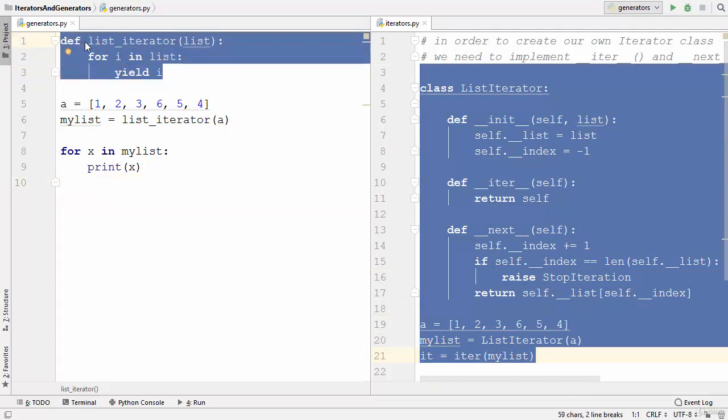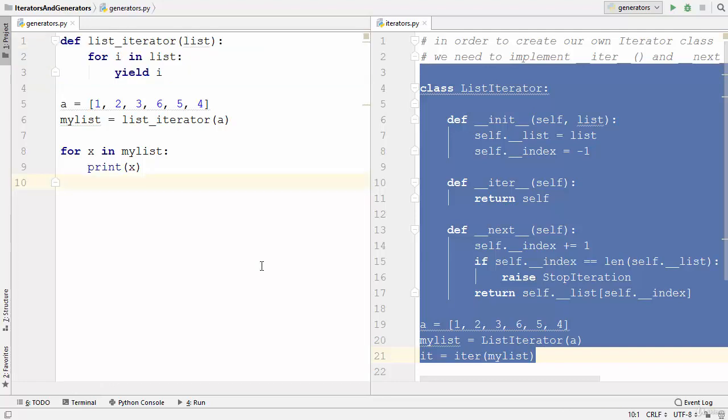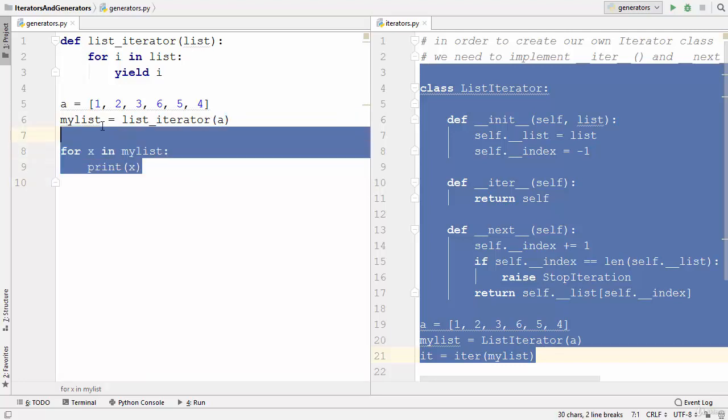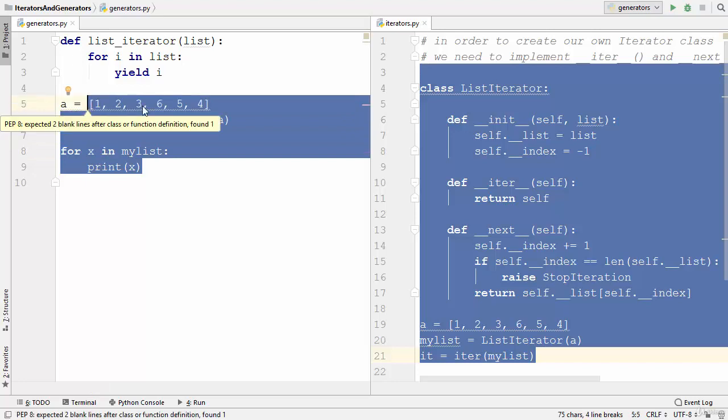So now this whole list iterator class is performing the same operation as this small piece of code, which we call generators. Let's discuss the advantages of using generators. First, we have already seen that generators are easy to implement. Second, generators are more efficient than a normal function performing the same logic. Let's say you want to iterate over the list of these numbers,